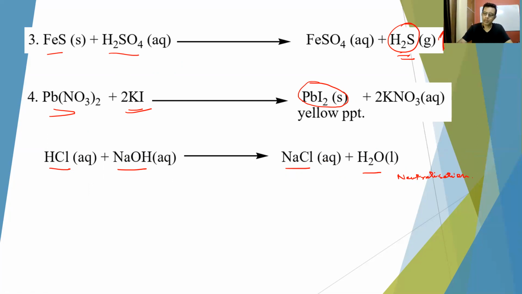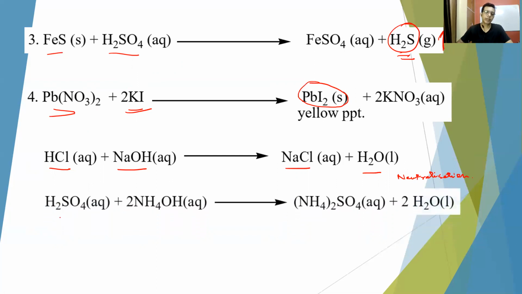Now, students, do you remember in my first class, I said these neutralization reactions are highly exothermic in nature. Fine. So in exothermic reaction examples, you can always write neutralization reactions. And if the acid and the base both are strong, then the amount of energy released is also fixed here. If you take sulfuric acid and ammonium hydroxide, again an acid and a base, you will get ammonium sulfate as salt and water. So this is another example of double displacement reactions.